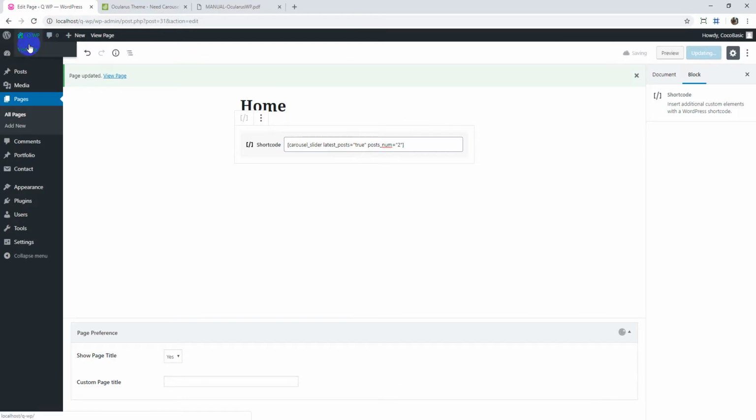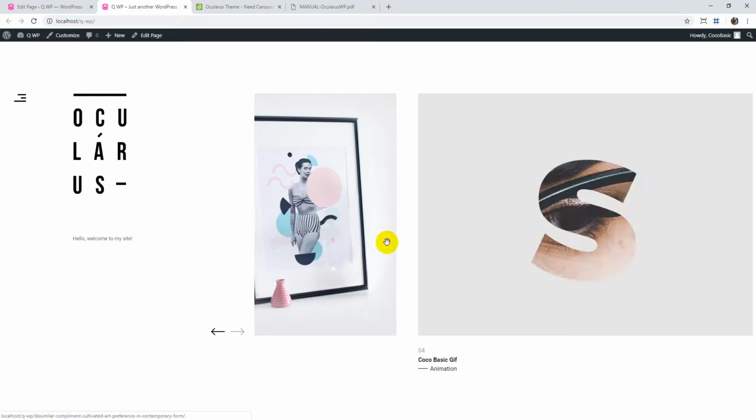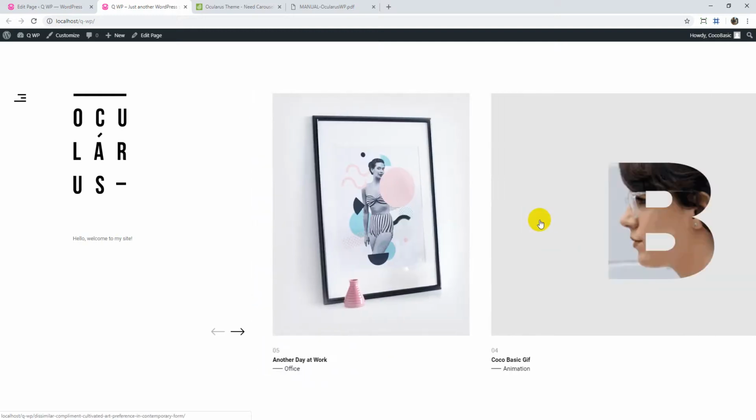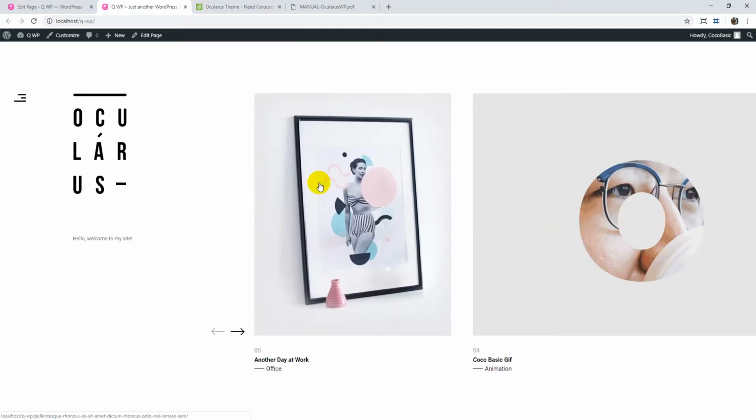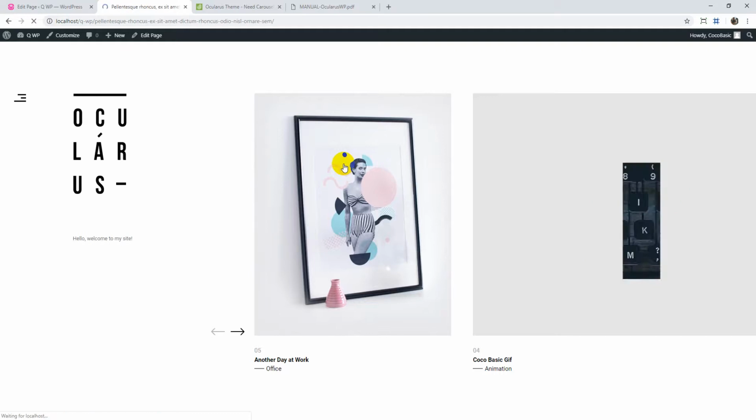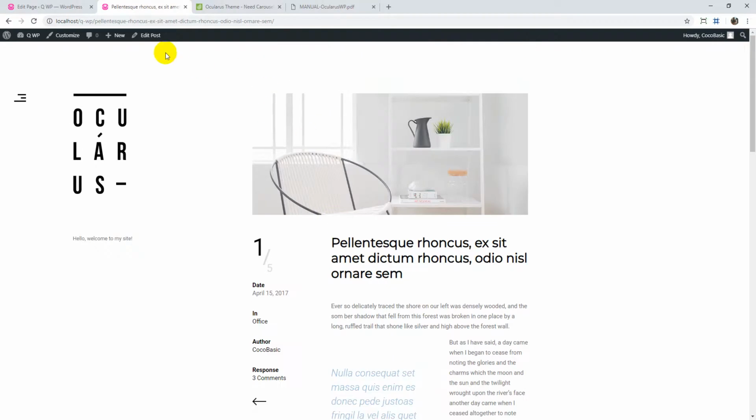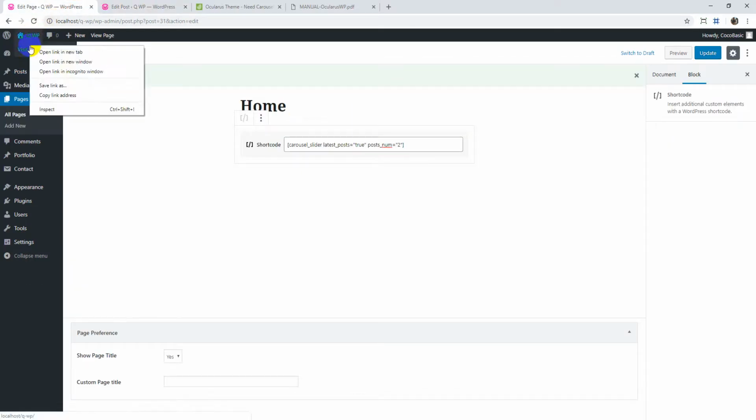Update, and now there should be just the latest 2 images here. Here they are. So when I click on this image, it goes to the post, and we will edit this post to set